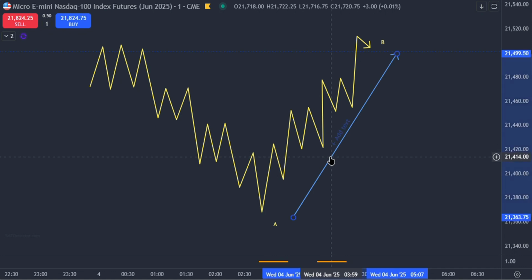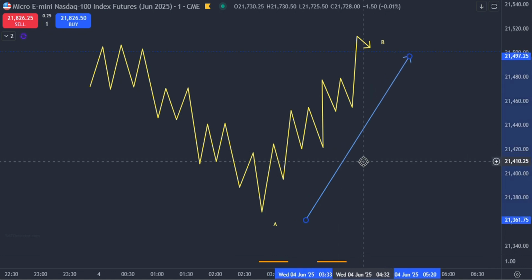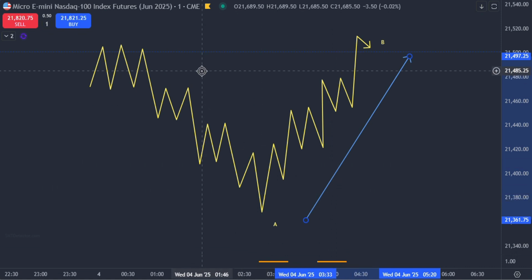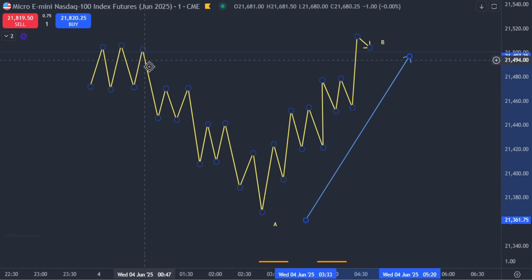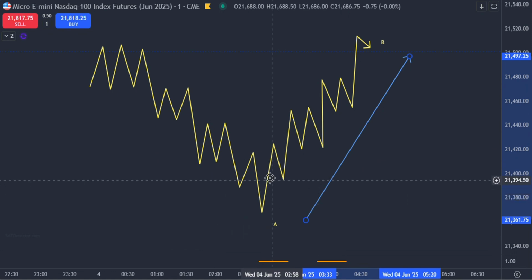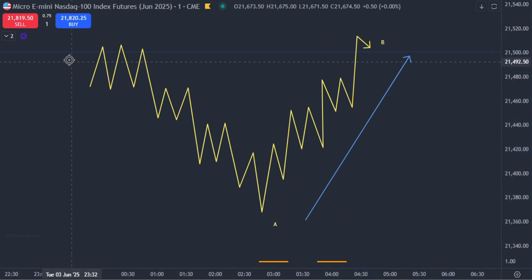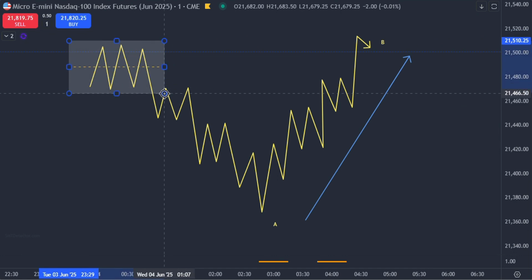So for me, my higher time frame is going to be the hourly time frame. So let's think of this as a retracement on the hourly time frame. And this is where we want to go for our longs to target the hourly highs. So normally what you'll see is you'll see some consolidation, and then after the consolidation, you're going to have